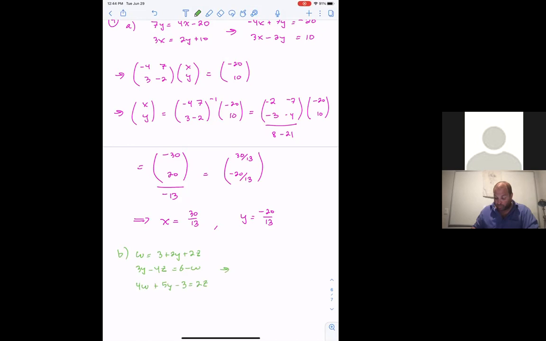And so first we're going to rewrite them as w minus 2y minus 2z equals 3, w plus 3y minus 4z equals 6, and 4w plus 5y minus 2z is equal to 3,